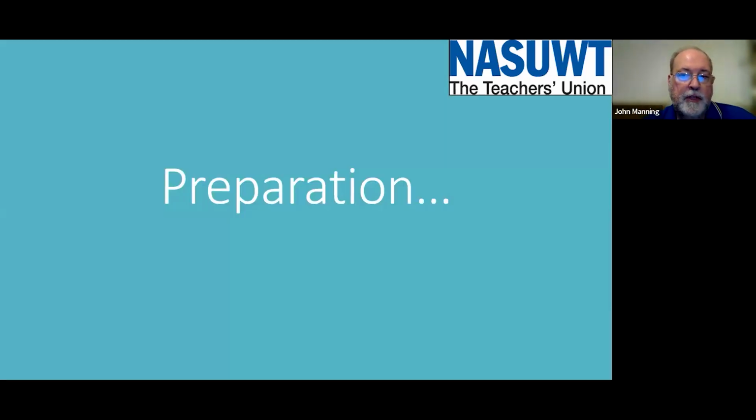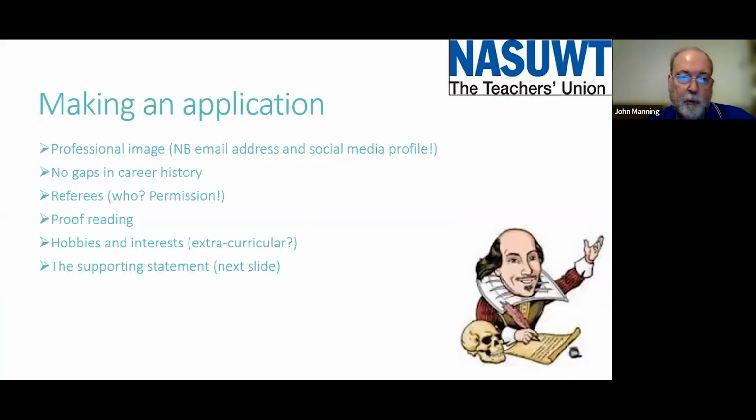So you've decided that, yes, you want to go ahead and apply to the school. So these are the things that you need to think about in your application. First up, professional image. If you are still using the personal email address that you set up in year 8,